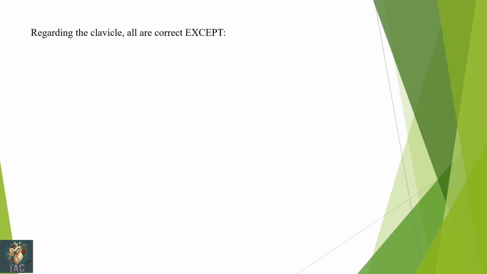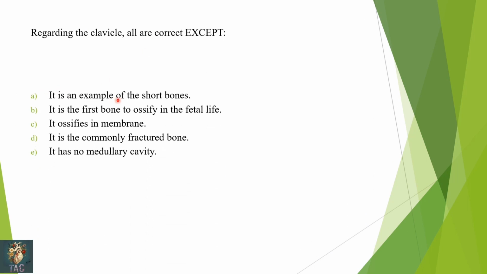Regarding the clavicle, all are true except it is an example of short bone. It is the first bone to ossify in the fetal life. It ossifies in the membrane. It is a commonly fractured bone and it has no medullary cavity. So the answer is it is not a short bone, rather it is a long bone, and this is the correct